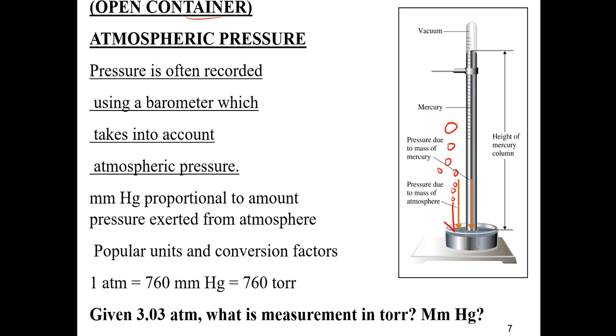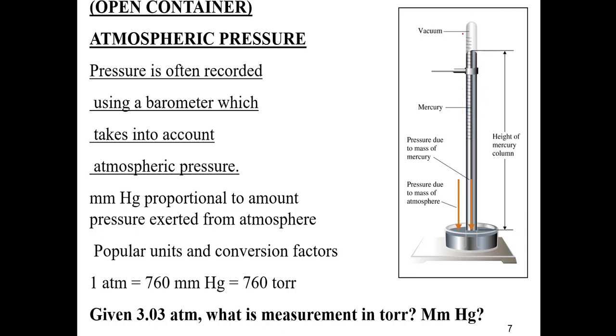So that's due to the force of the particles bouncing against this liquid substance that we see in this open glassware right here. Now, this liquid substance is called mercury. It's pretty much the heaviest liquid at room temperature that we have on the planet. And what happens is, if we have an inverted tube,